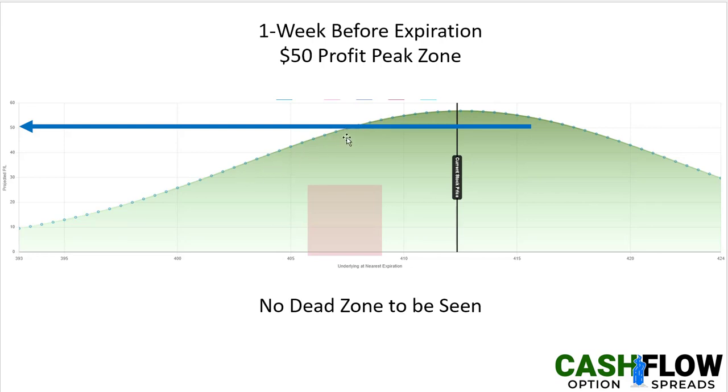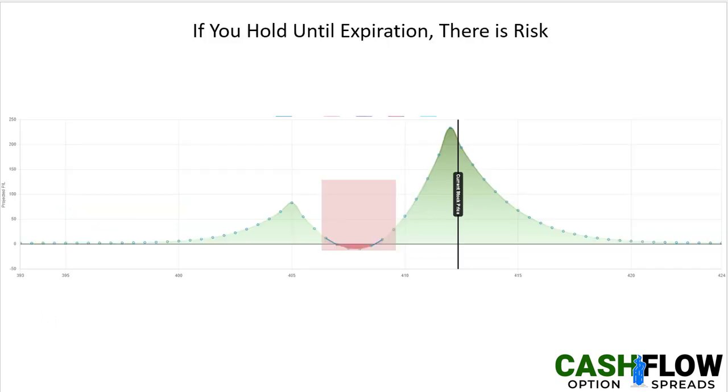So again, no dead zone. And look, if the market moves down, you've still got about a $10, $15, $20 profit. Even if it moves down significantly, if it moves up significantly, it's going to hold on to its value a little bit better, and I'll explain that. Well, I'm not going to explain that in this video. It just will. So there's ample opportunity to exit this trade before it ever reaches that risk